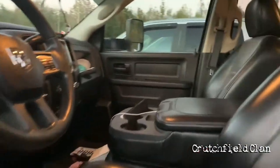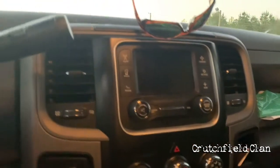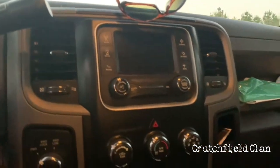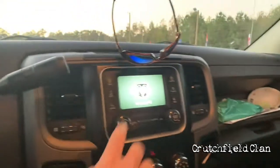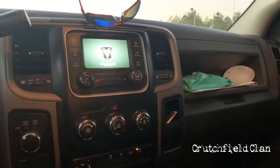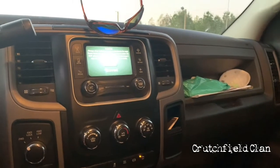It's dirty. You got to deal with it. I'm sorry. But this is the different interior option. My screen is not as large, and the dash is just overall different. If you can tell, it looks a lot different on there. I do have a backup camera, which I like. So that's different than the